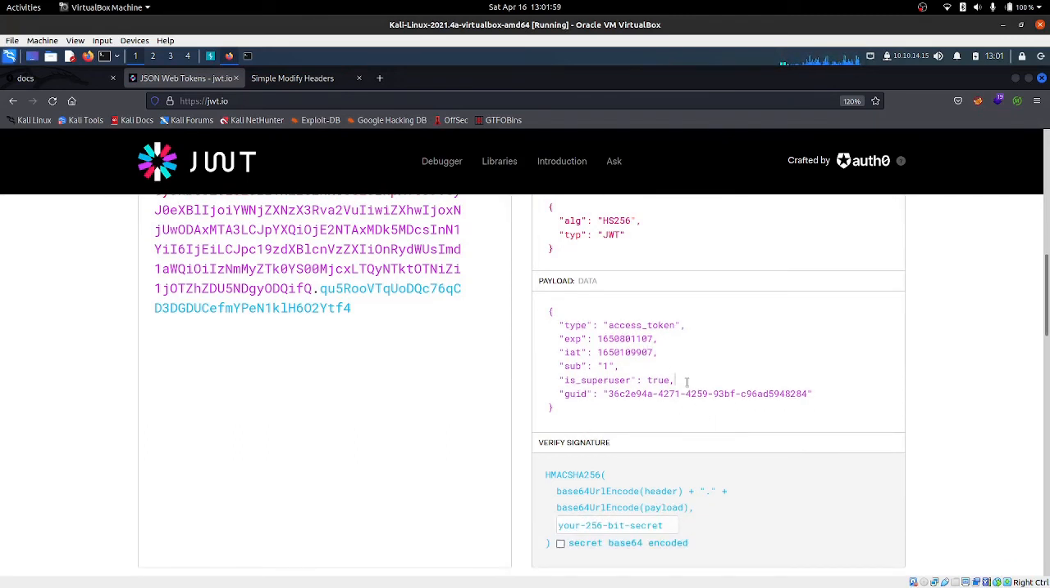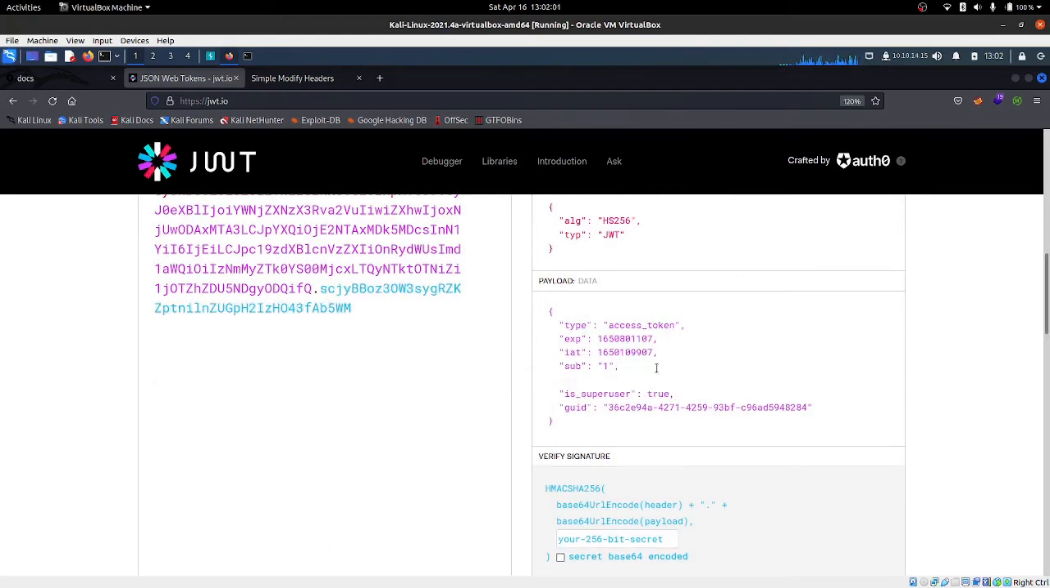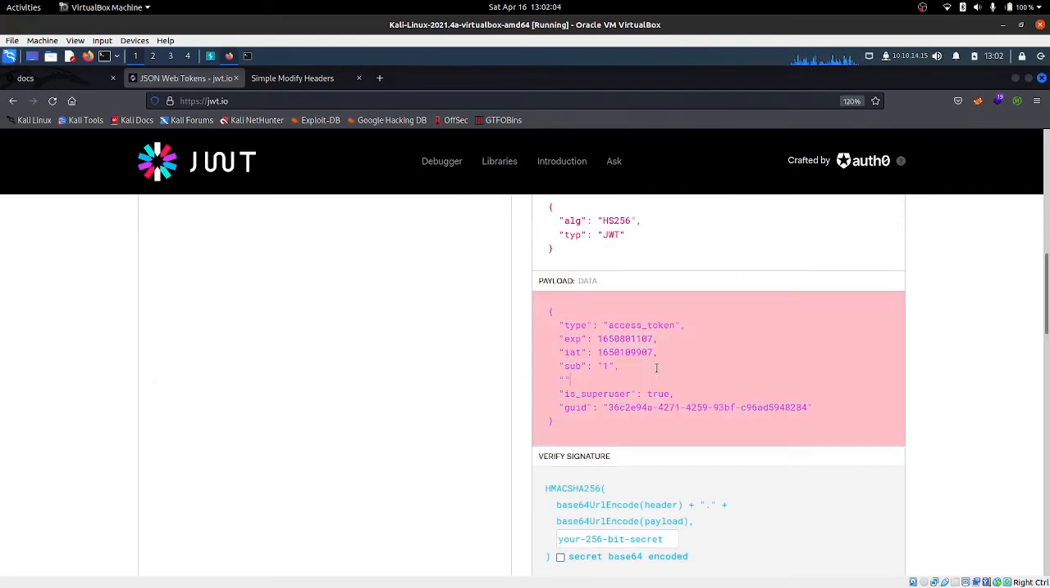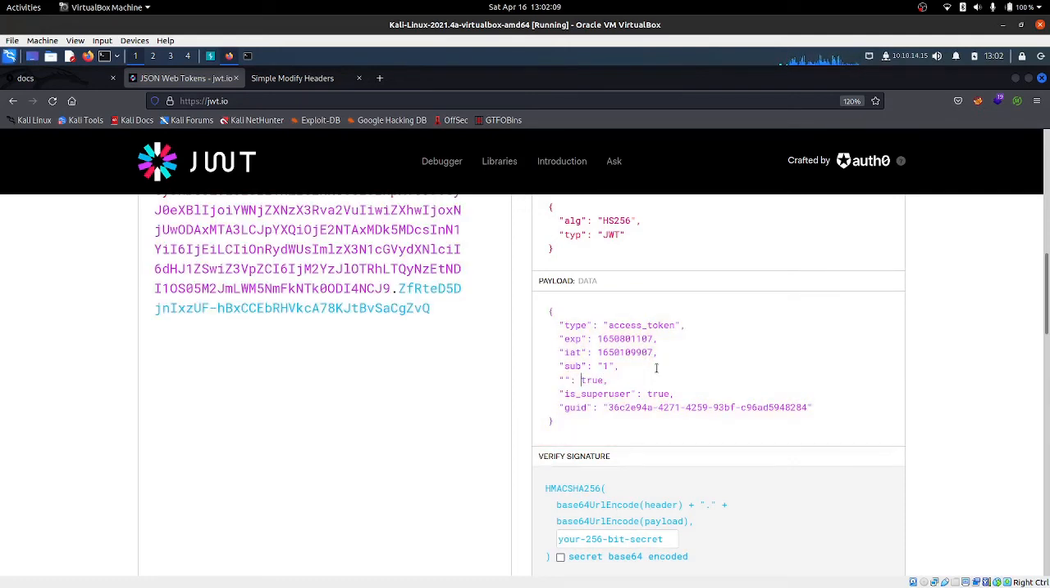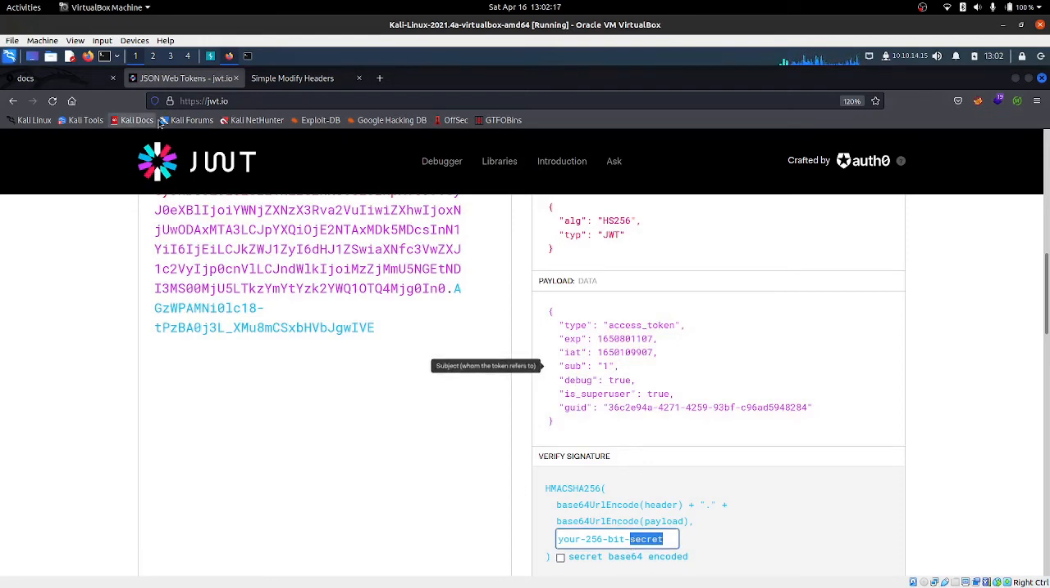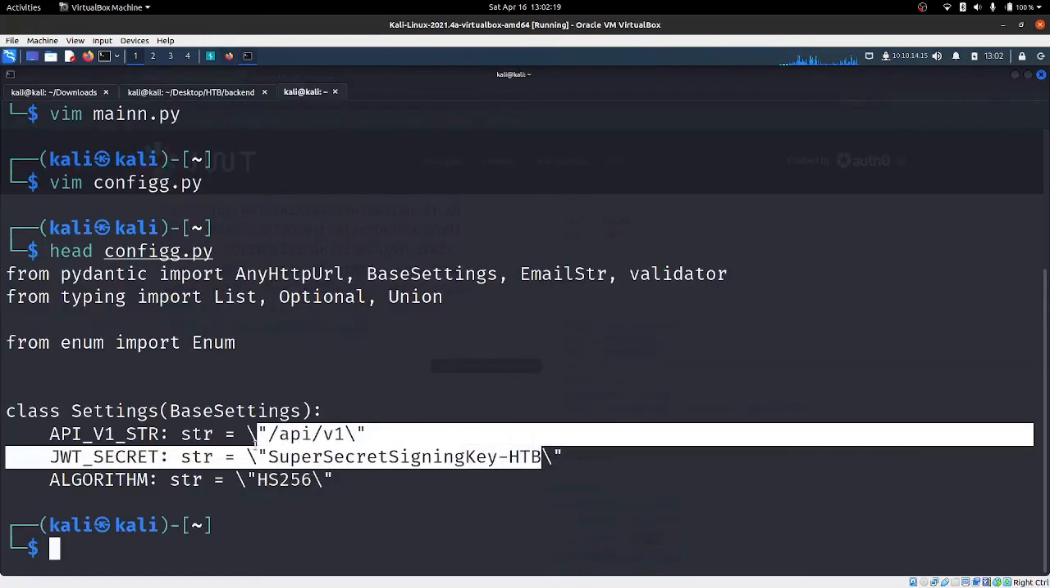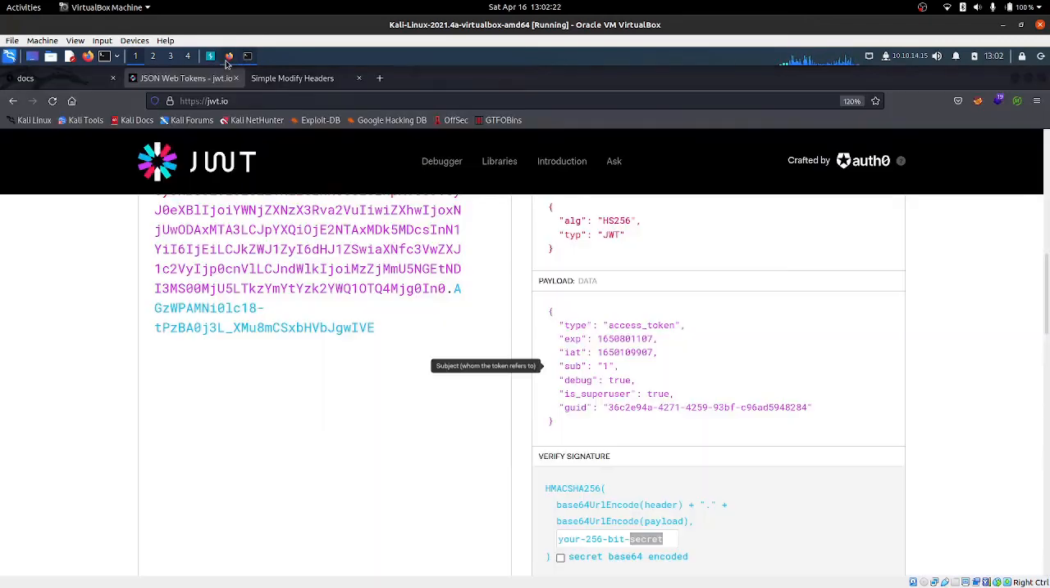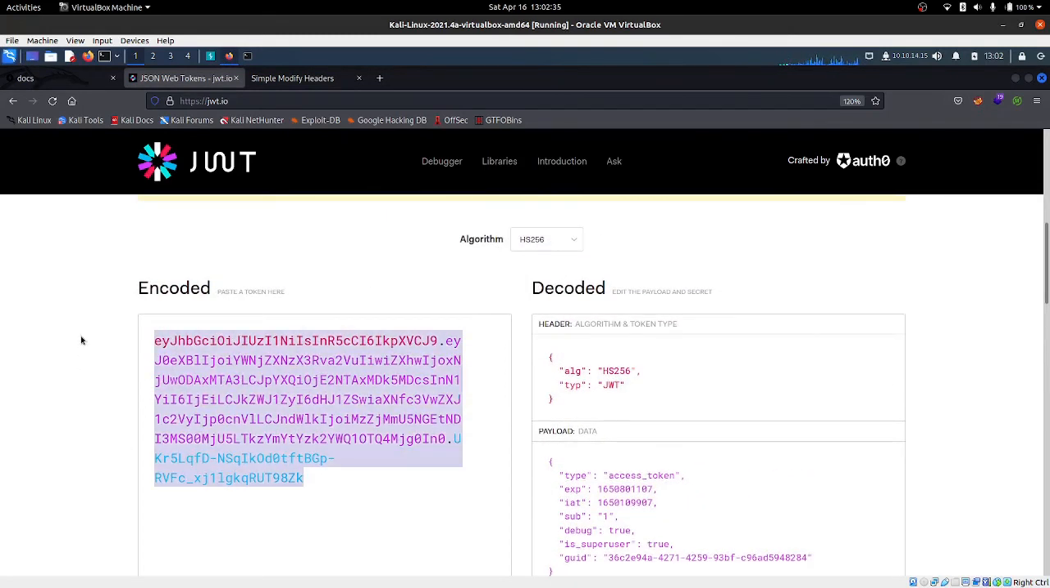So what we'll add here is the debug field. Debug is true, and we'll set the 256-bit secret key as this. So now we have set the debug secret key. We have set the debug as true, and it's the super user admin. So we'll copy this